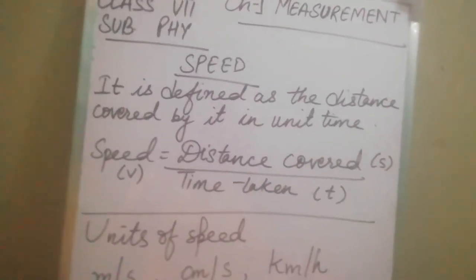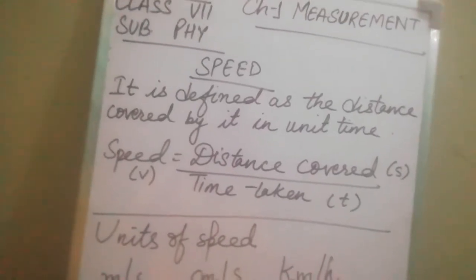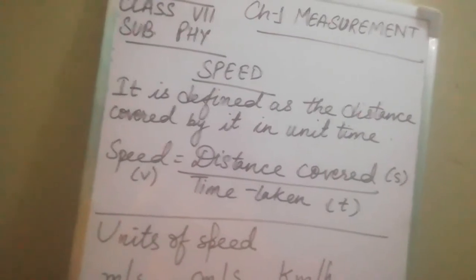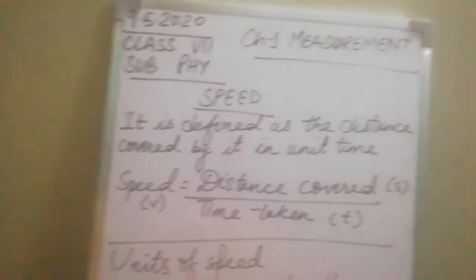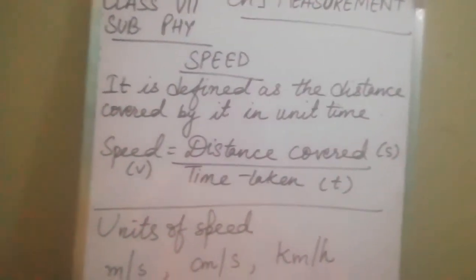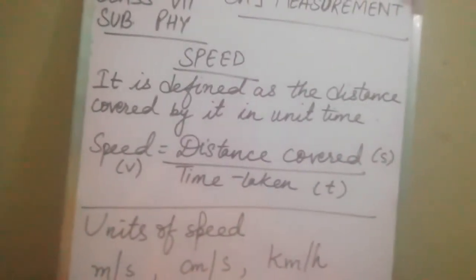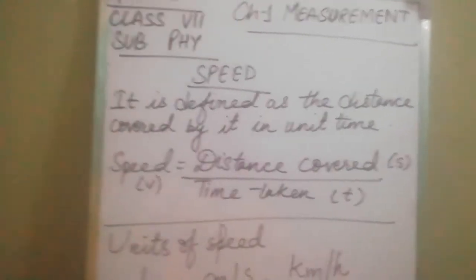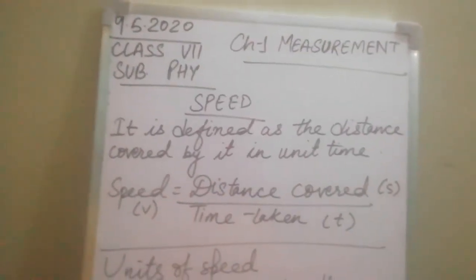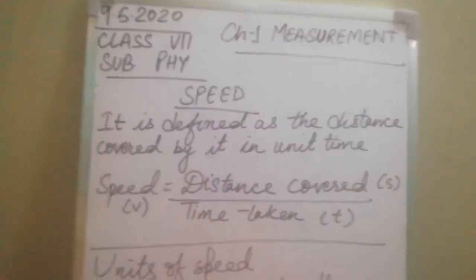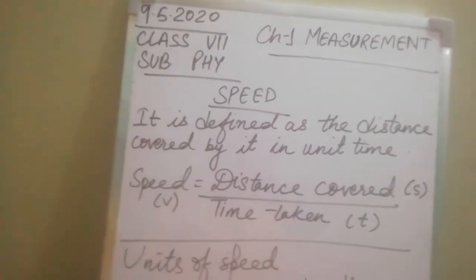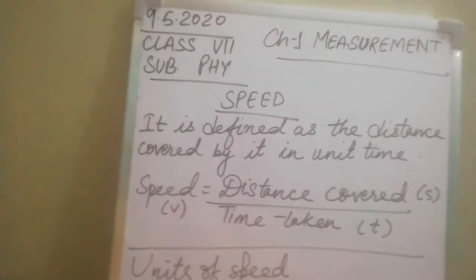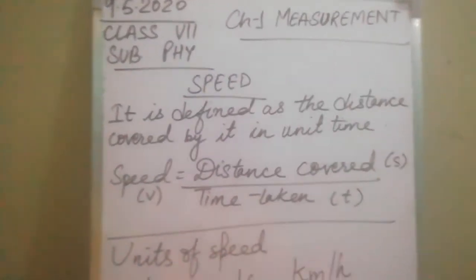Now, when different objects are in motion, how can you find which object is moving faster and which one is moving slower? To answer this question, we compare the distance traveled by different objects in a given interval of time. We take an interval of time, for example, 1 minute or 1 hour, a unit time. Then we compare the distance covered by both the objects in that given interval of time.